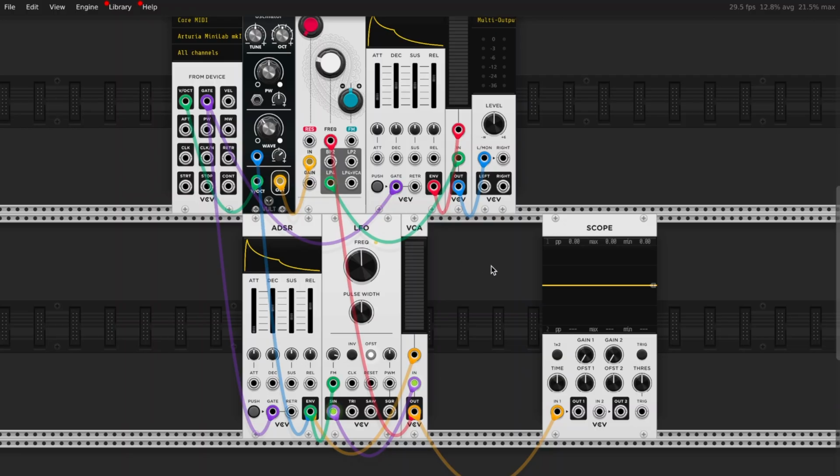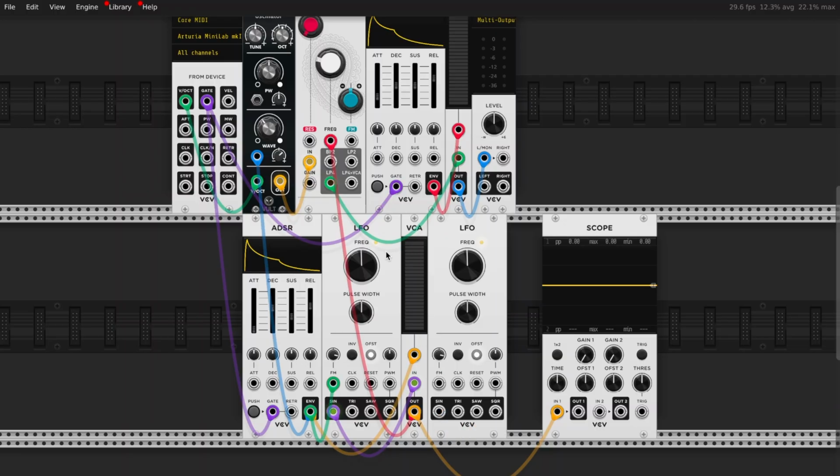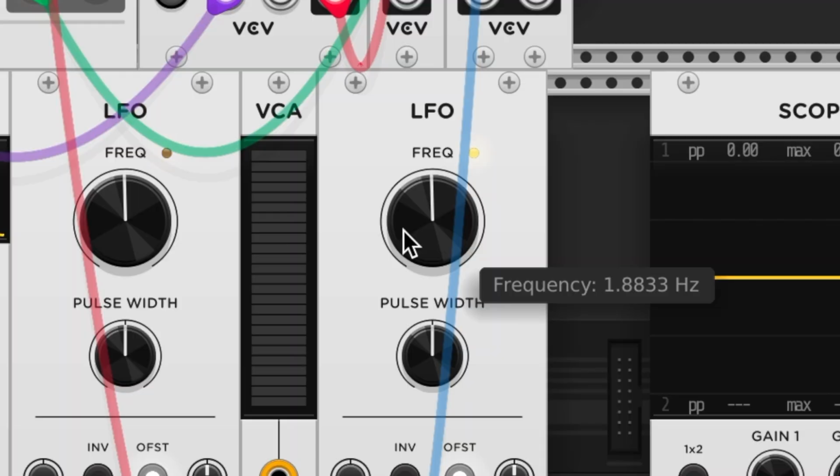To test this, let's create another LFO. I'm going to duplicate the one that I have. And for a second, let's just connect it into our output. Here's our sine output. Right now, this LFO is pushing out signal at 1.8833 Hz, which is too low to be heard. But if we push this up